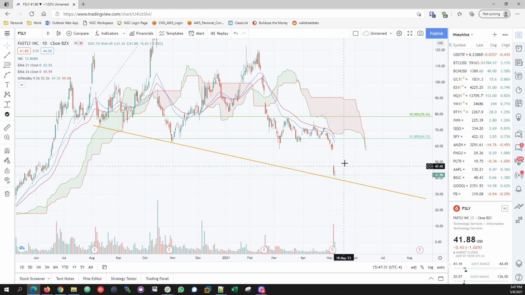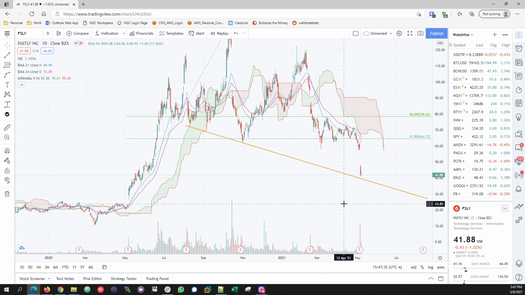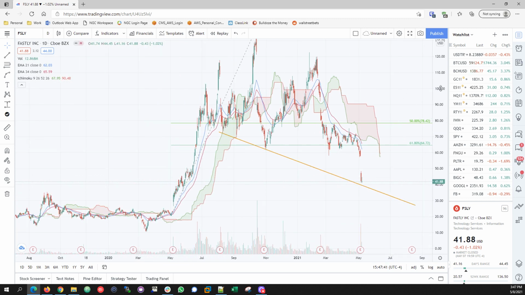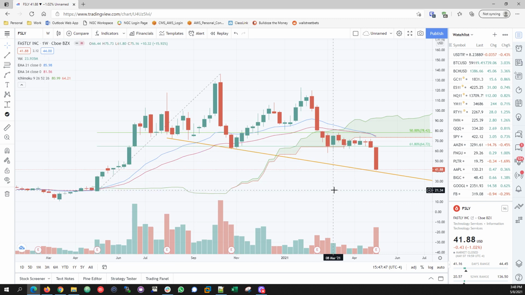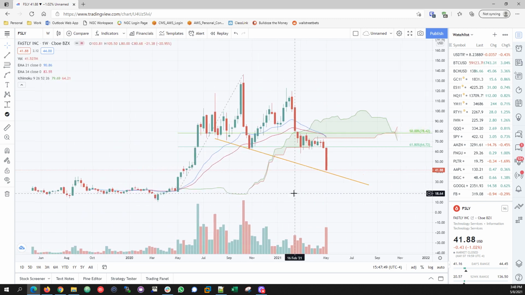If it does bounce from 3970, it would be great. If it doesn't, then it's just going to keep on going down. When something goes up really fast, it goes down really fast. Just recognize that. Let's do the weekly chart. It's much cleaner that way. As you can see, this bottom trend, it's more apparent. Okay, there you go. So trend is your friend.